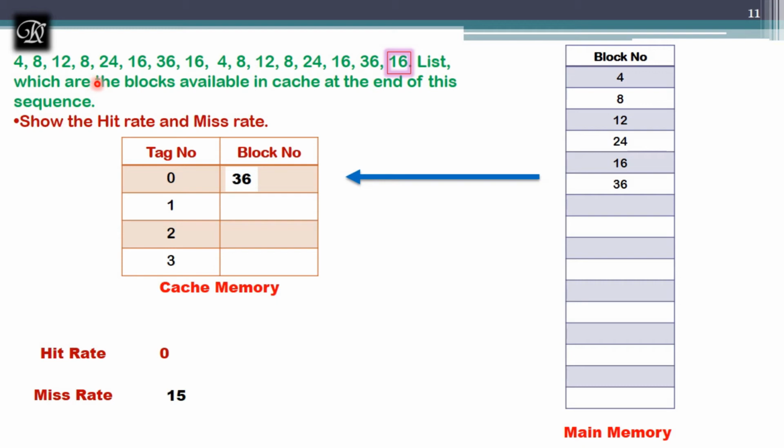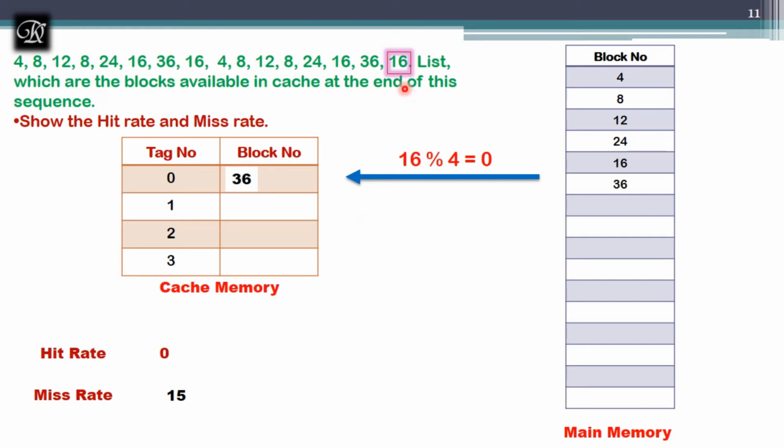Already I have covered 15 requests, so the miss count has increased to 15. There is no hit, because if I had utilized these empty locations, I would have got a hit, maybe 1 or 2. But because I'm using only one line, because of the modulus function I'm applying, I'm always forced to use line 0 with the direct mapping technique. This leads to an increase in the number of misses rather than getting some hits.